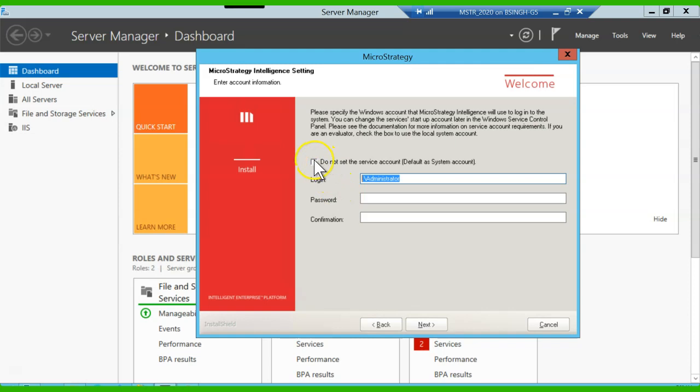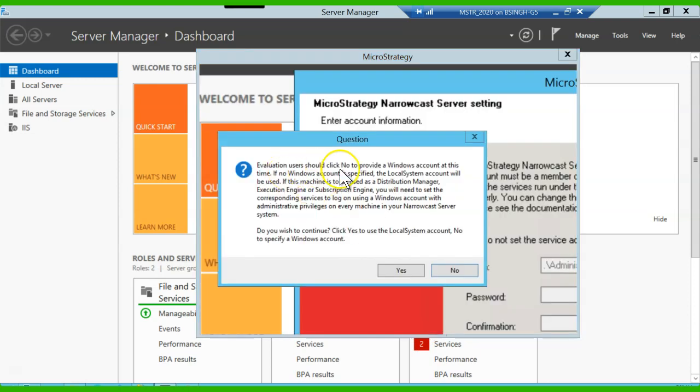Though I'm not using one, I'm just going with the local one. That's fine. The user should click no to provide a Windows account at this time. If no Windows account is specified, use it if the machine is to be used as a distributed manager. Okay, it's giving you the warning. Okay, I'm using the local system account. That's fine.